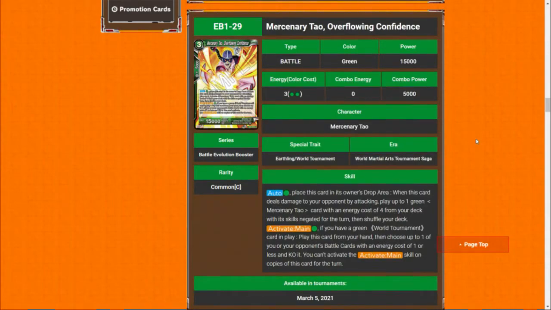So your 4-drop Mercenary Tau comes on the board without double strike, okay, and without having the ability to dump cards out of your opponent's hand. But you will be able to have Mercenary Tau trading moves on board so that you can blow them up